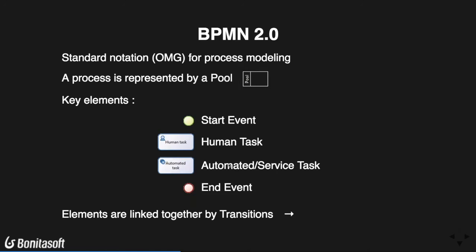All those different key elements will be bundled together inside a pool. A pool basically represents a process. So within the same diagram in the Bonita Studio, you can have different pools, meaning you can define multiple processes within the same diagram. But when you export them, it will create one process file per pool. And finally, the elements are linked together by transitions, which are